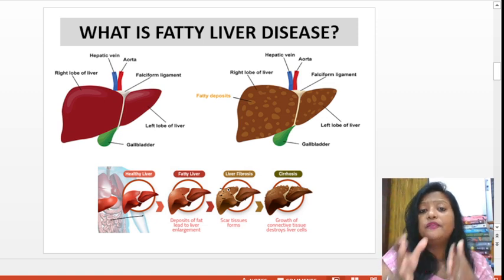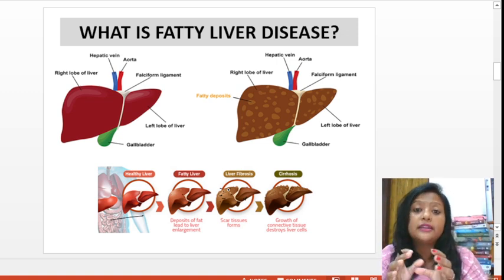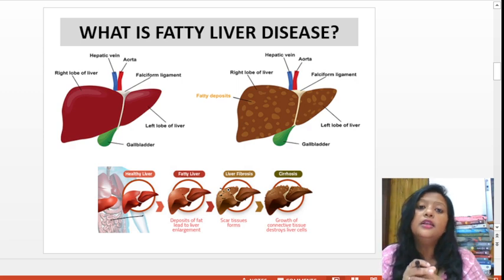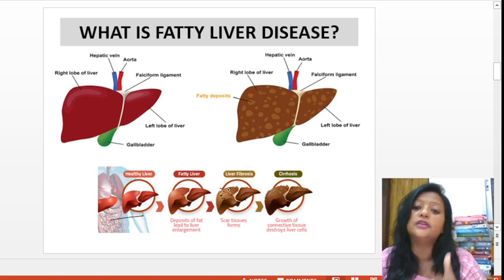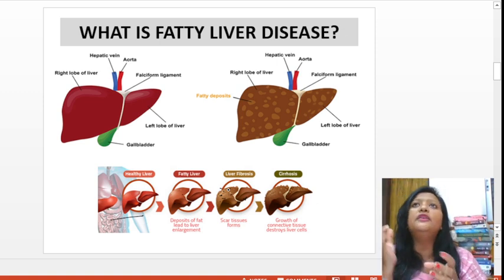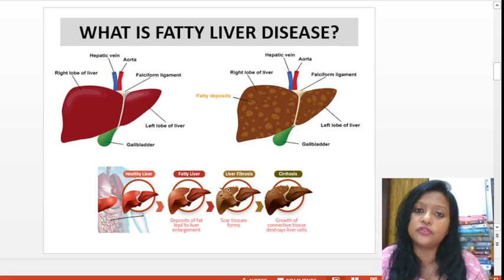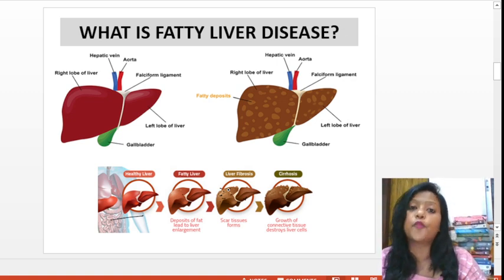Now when the liver is in a damaging condition, some scars are produced. It's also called liver scarring. You can see the diagram here. The liver will face difficulty in replacing those tissues, because the tissues will start thickening. So it will have a problem. That is called liver fibrosis, or liver scarring.